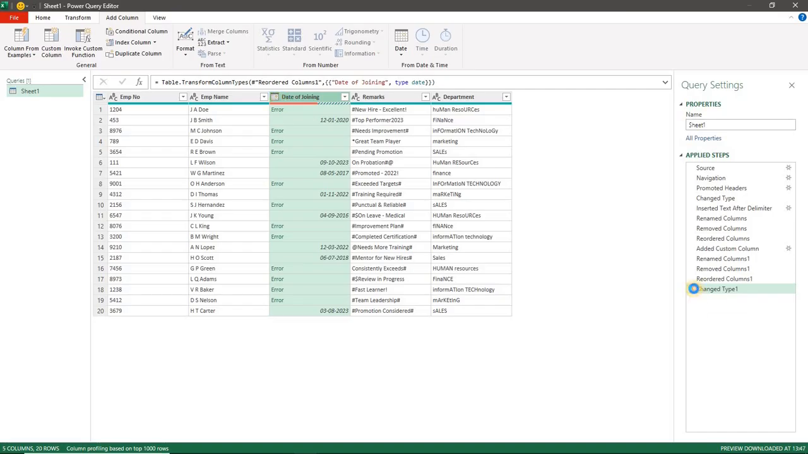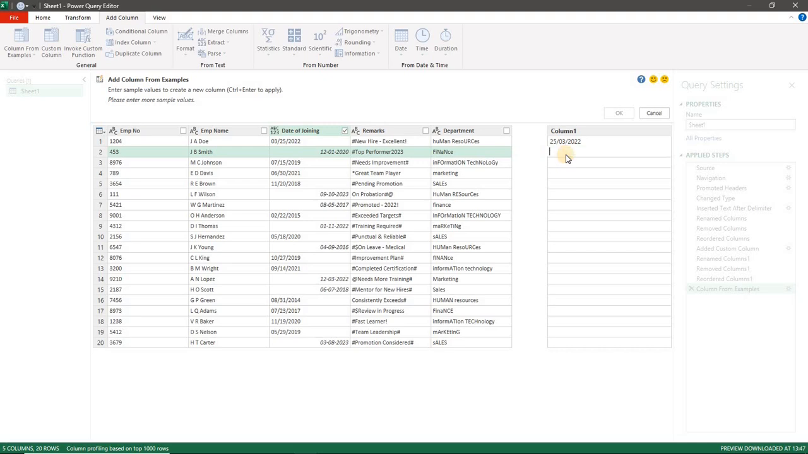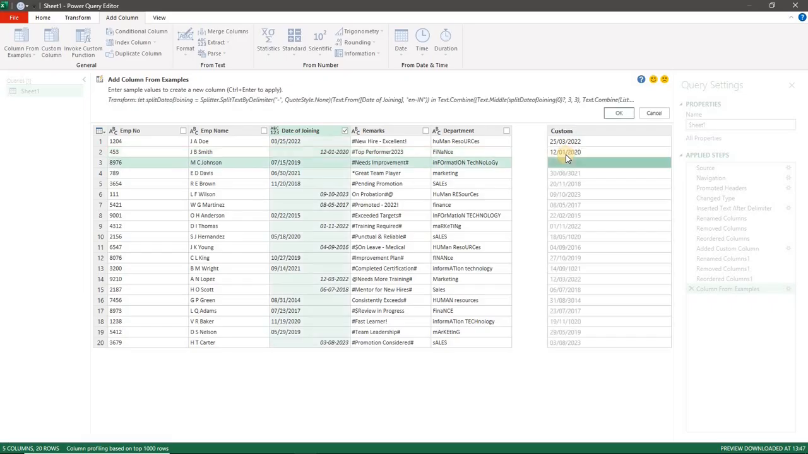Let me undo this change. Okay. So let's click on column from examples and from selection, and let's see the first column. I'll give it 25/03/2022. I just type 5. Let me put this 25. Yes. Okay. Let's see the next one. It is not understood yet. So let's see. I'll give it 12/01/2020. And you can see it has now figured out the correct pattern, and all my dates are in DDMMYYYY